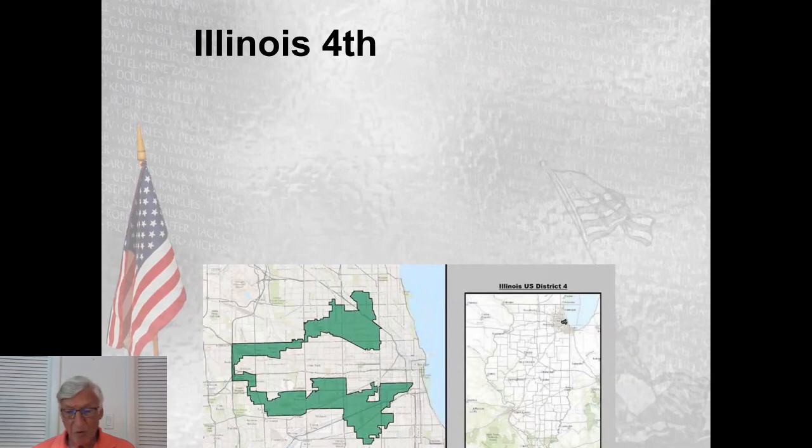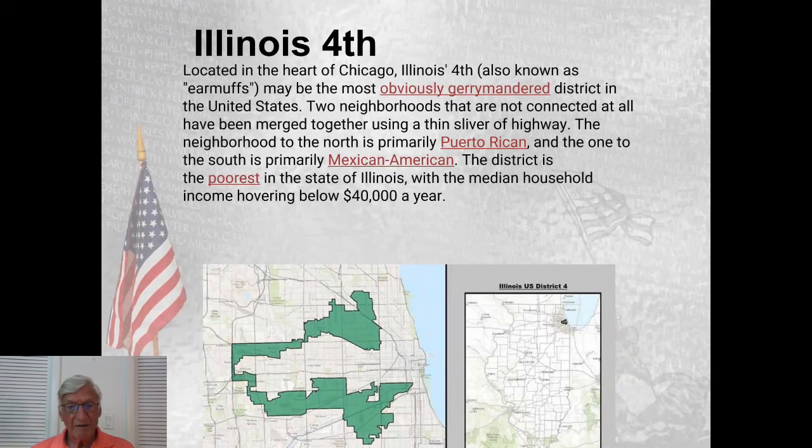Illinois 4th. This is one of my favorite ones. This is called the Earmuff. Located in the heart of Chicago, Illinois 4th is the most obviously gerrymandered district in the United States. 2 neighborhoods that are not connected at all, except by one little road, are put together. In the north, that's primarily a Puerto Rican area. And down in the south, that's a